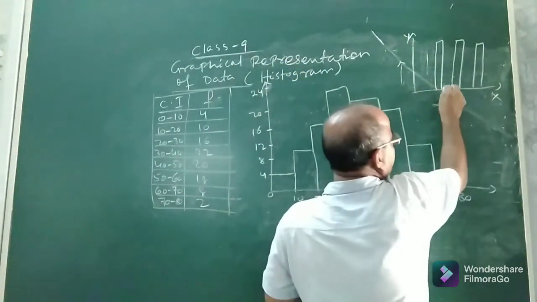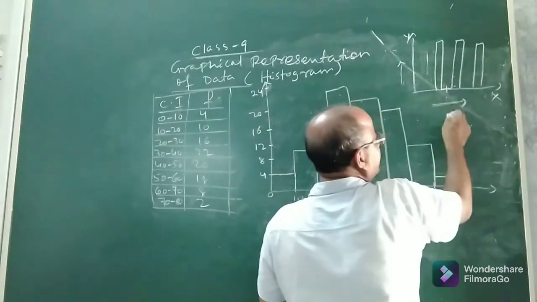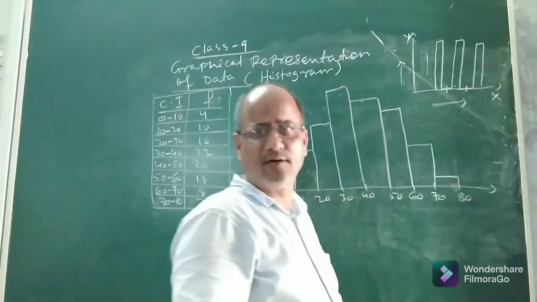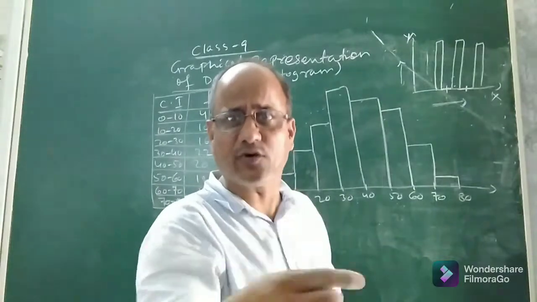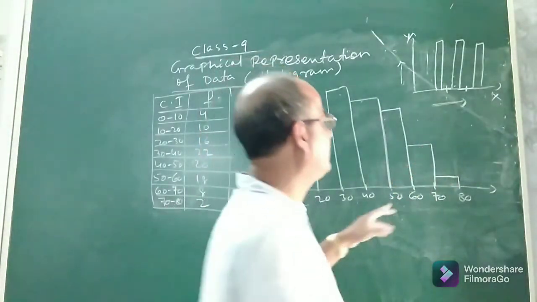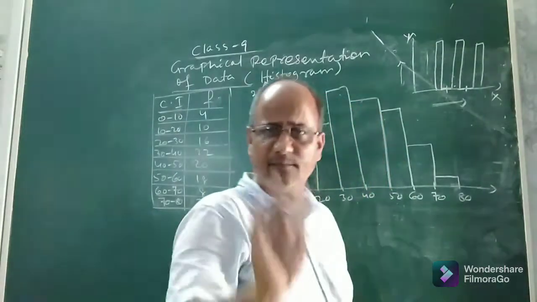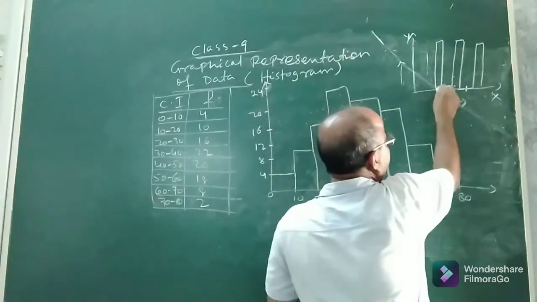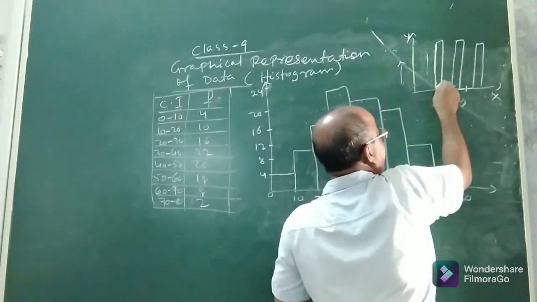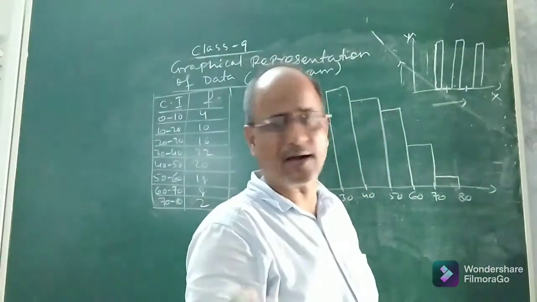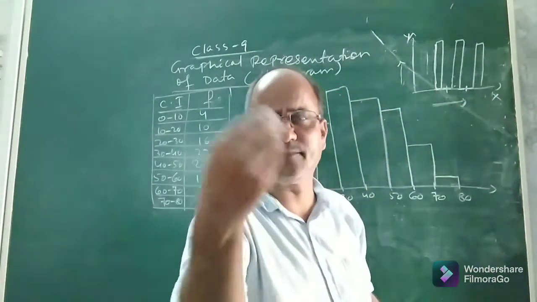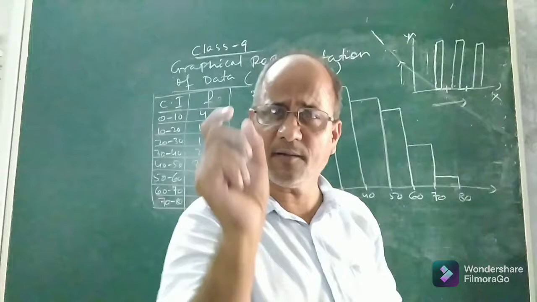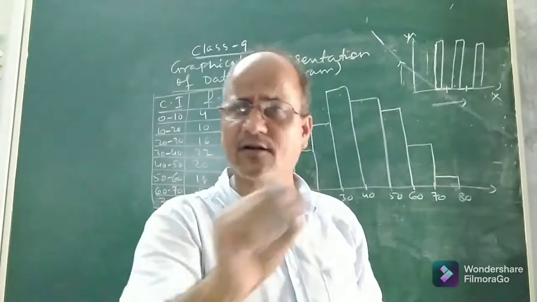See, this is the space between the two bars. This portion is the space between the two bars. This portion is the space between the two bars. So the space between two consecutive bars is called spacing. In a bar graph there is spacing between bars, and the spacing is always the same. Okay. And now what about this portion? This is the length of the bar and this is the width of the bar. You see, the width of all bars is the same, 1 cm, 2 cm, whatever you may choose. So the width of each bar is the same in a bar graph and there is some space or gap between two consecutive bars.